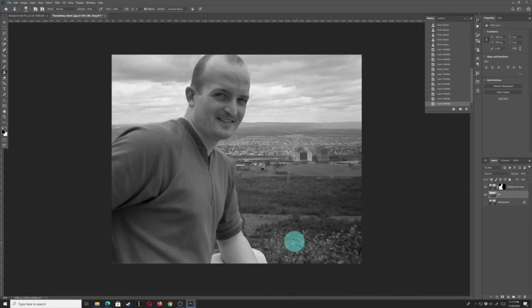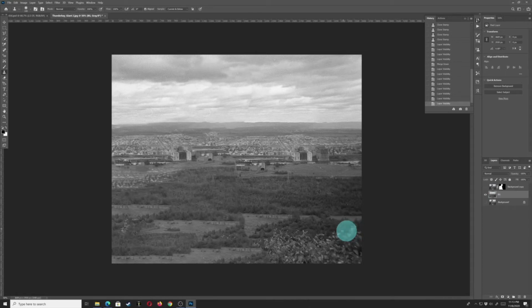Perfect. Now I still have this little bush here that I want to deal with, so I'm going to turn this off, and I'm going to see if I can grab this. And again, it doesn't have to be perfect. For what we're doing, you're not really going to see it. And that's the thing about good compositing, is you sort of know where the eye is going to be, and you can sort of know what you can get away with and what you cannot get away with. So I'm going to do a quick selection tool, and I'm just going to see if I can grab some of this